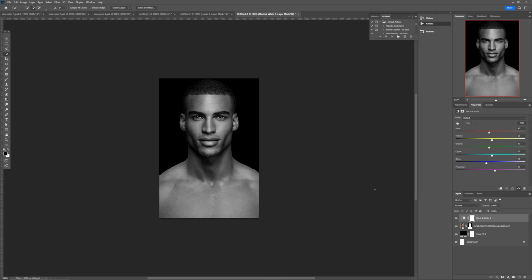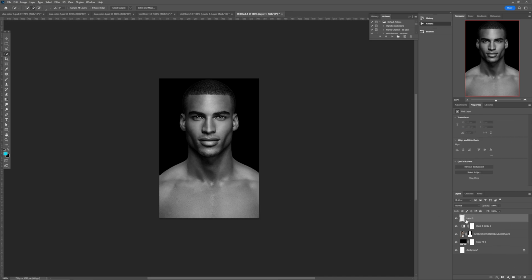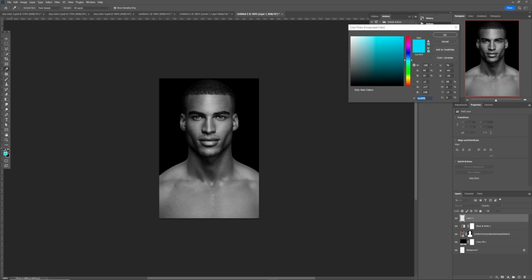And now here's where it's going to happen. Remember, this is the brush method. We are going to be using just the brush, not gradient. In this case, I can go ahead and create a new layer. Once I create a new layer, I'm going to hit B from my keyboard to select the brush tool. Okay, and come over to the color. Firstly, you can select any of the colors that you like. Let's assume in this case we are going to be selecting this light blue, this cyanish color, and hit